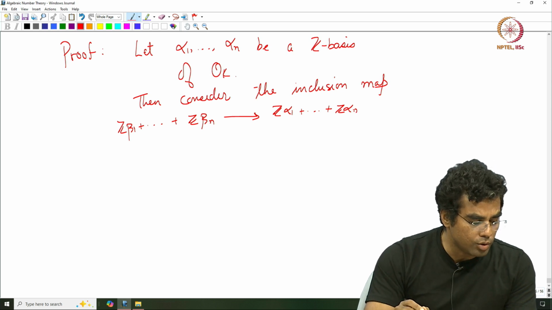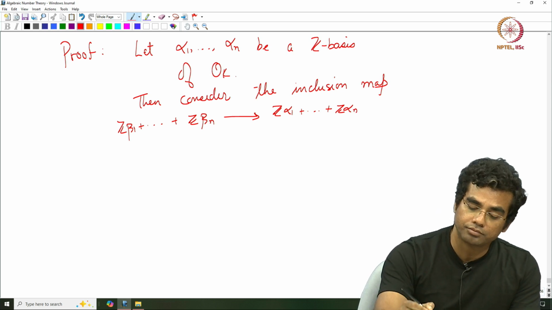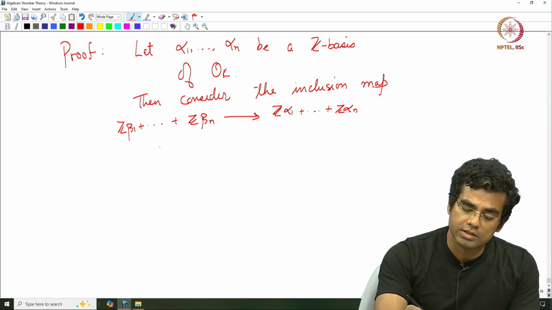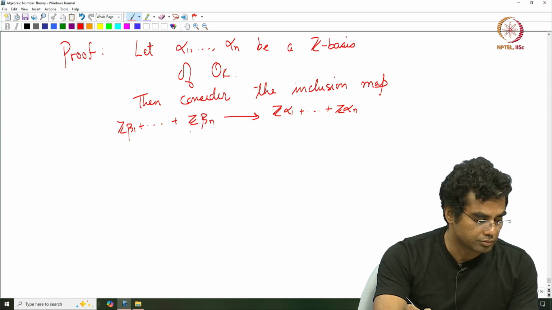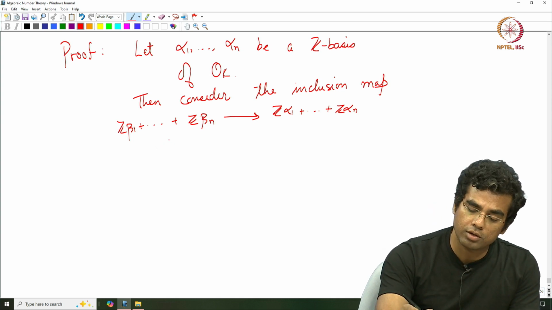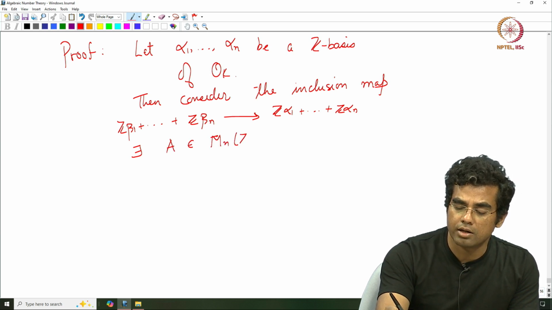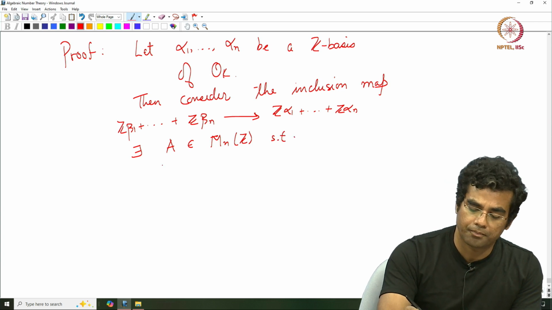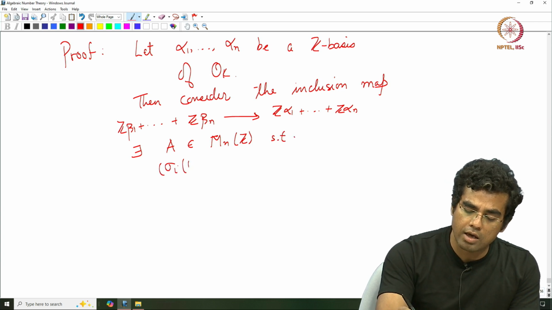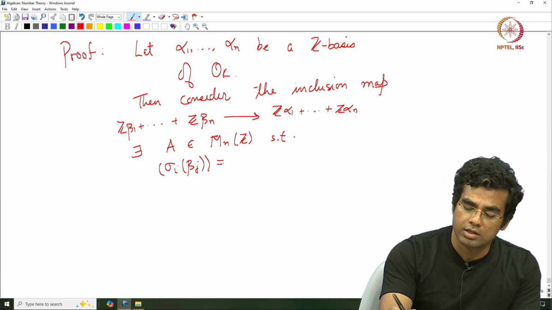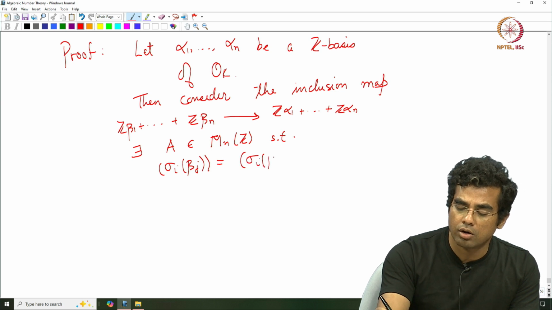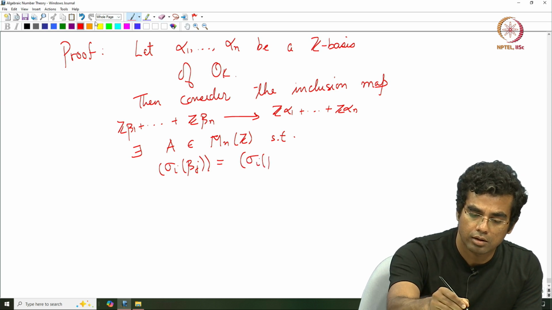But what you can do is you can write each of these, so there exists a matrix A in M_n of Z such that sigma_i of beta_j is equal to sigma_i of alpha_j